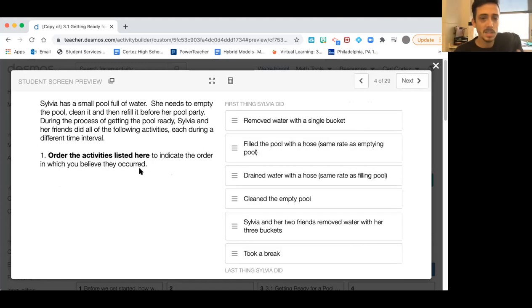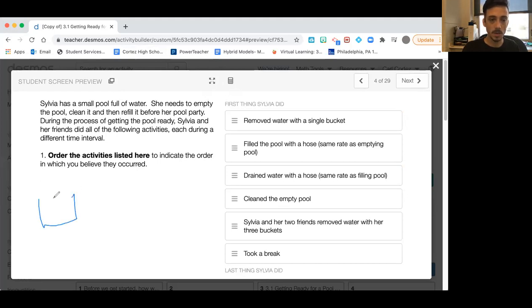We are ordering the activities listed here to indicate the order in which we believe they occurred. Well, there's probably going to be water in the pool, and then we'll have to take the water out to clean it. Because I don't know, can you clean pools with water in it? Unless you have snorkeling gear, but I don't. So we have a few things that would involve getting rid of water. We see there's removing water with a single bucket. We have the option to fill the pool with a hose, drain the water with a hose, clean the empty pool, use 3 buckets and 2 friends to remove the water, and also to take a break. There are tons of answers you could come up with, but hopefully you're going with the idea that